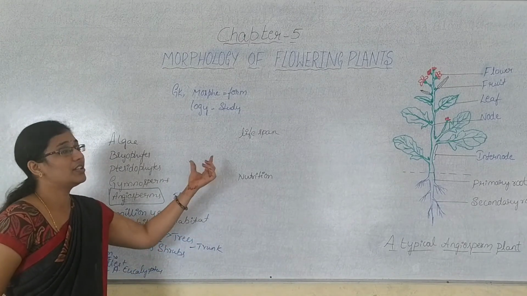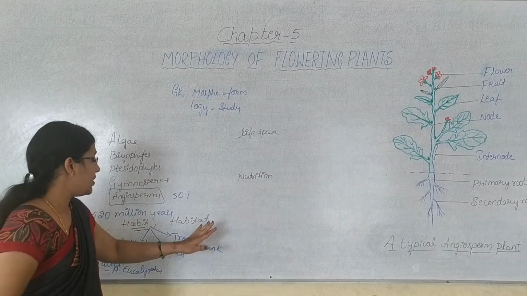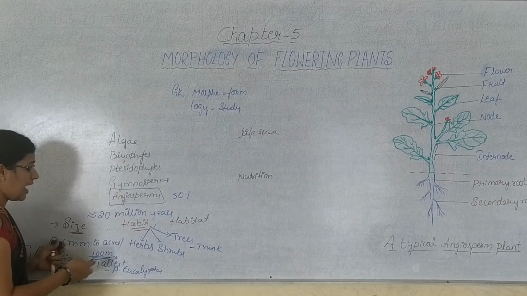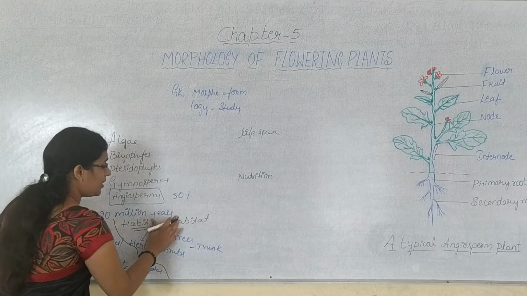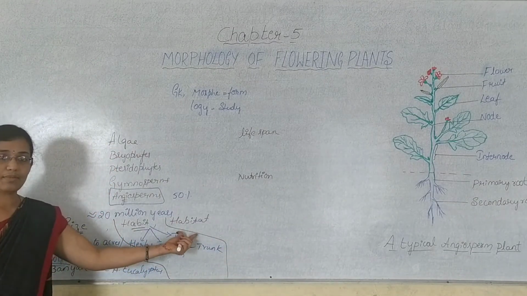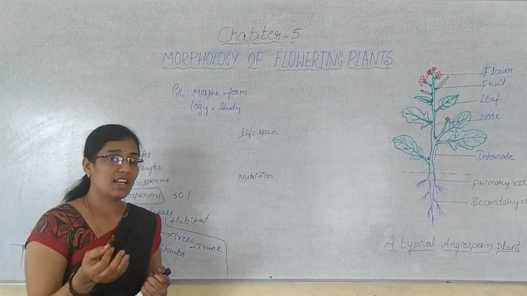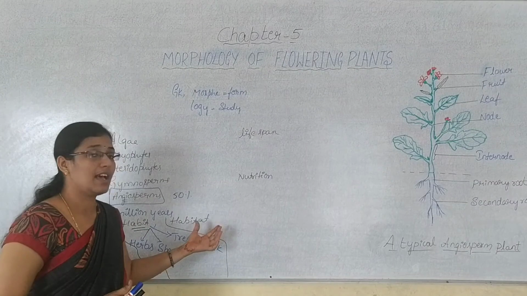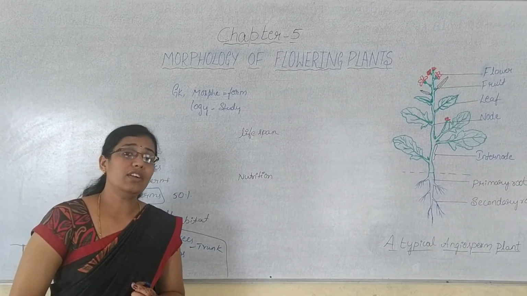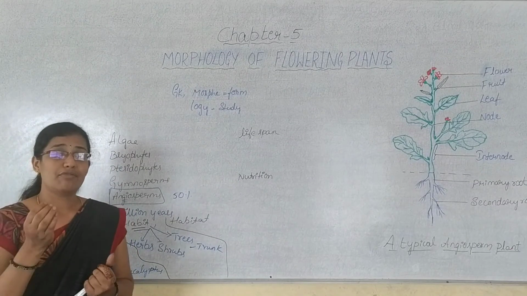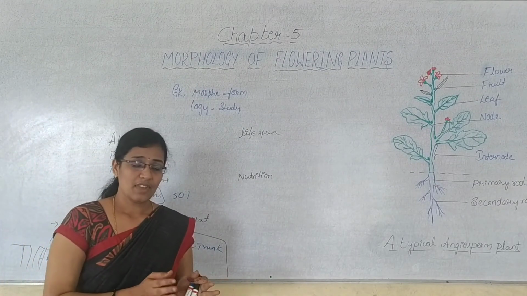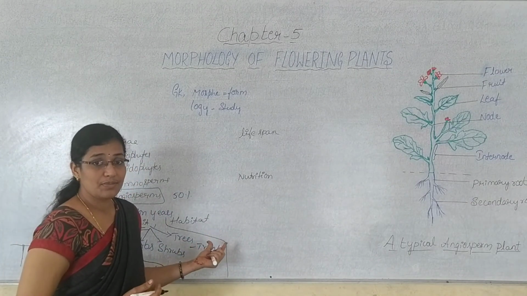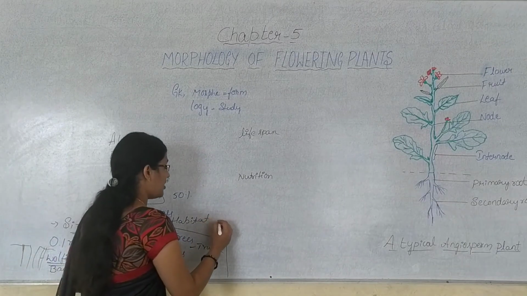Now let us move on to the angiosperm diversity based on their habitat. So what do you mean by habitat? Habitat is nothing but the place of dwelling. In which region the plants are present, where they live, that is called as habitat. And usually where we can find the presence of these plants, we can find the presence of these plants on land or within the water, right? So based on that habitat, the angiosperms have been classified or divided into